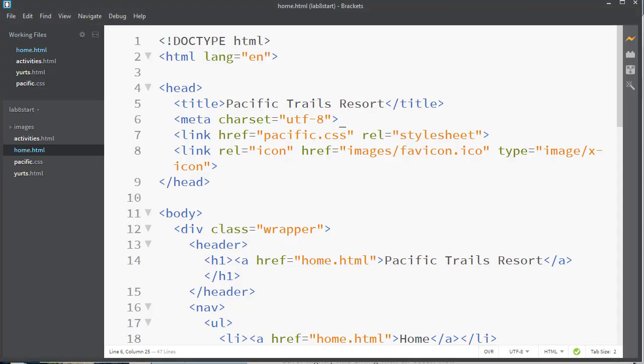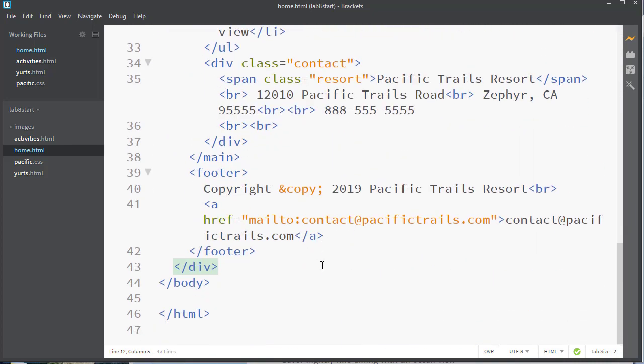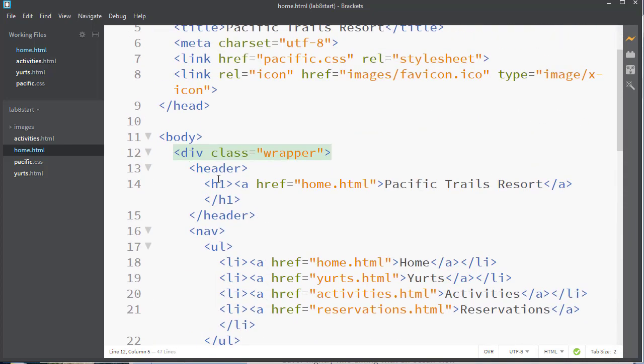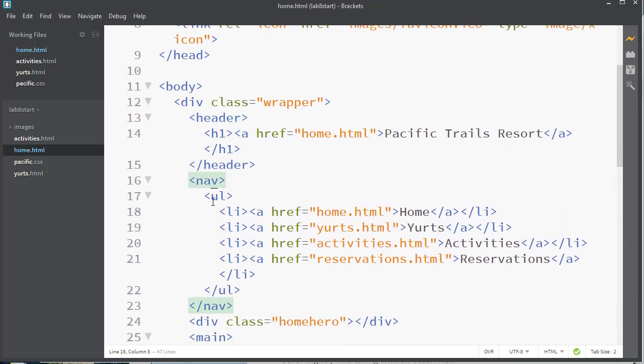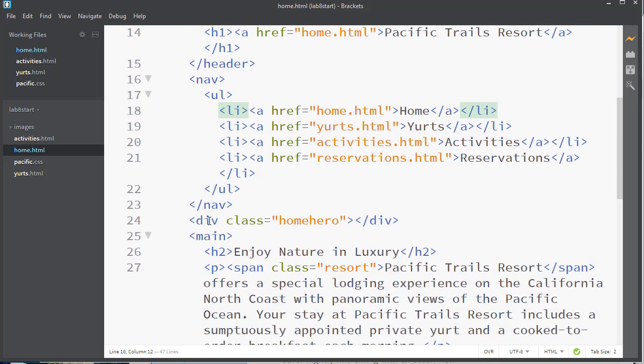I'm going to go ahead and open it up in Brackets, and let's notice that we have our usual structure: head, body. We have a wrapper div that goes around everything, and inside that we have our header, our nav. Notice that our links are set up as a bulleted list. Then we have our hero div, our main section,